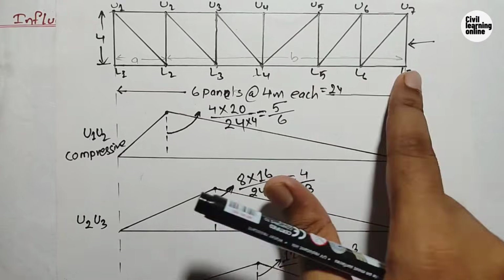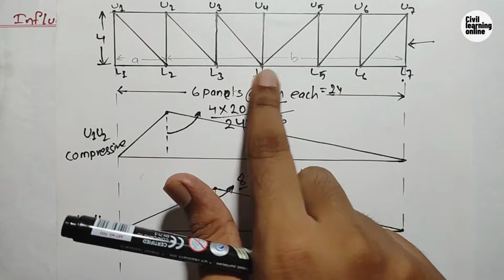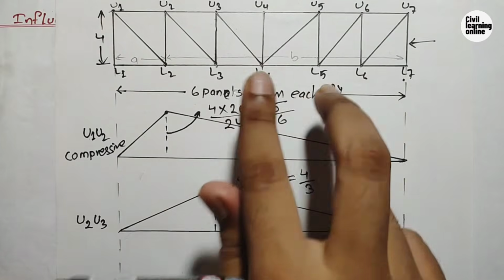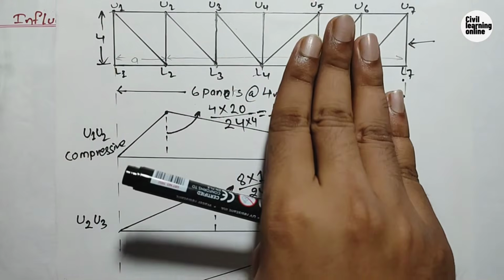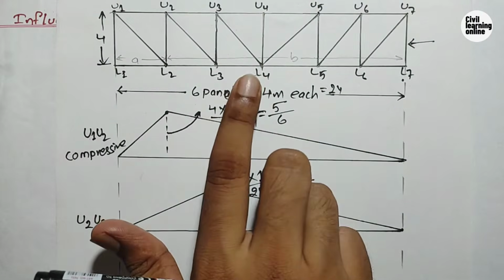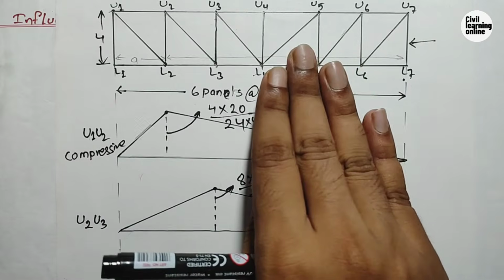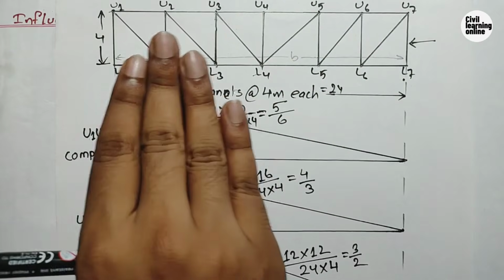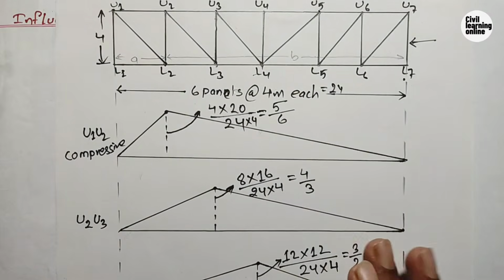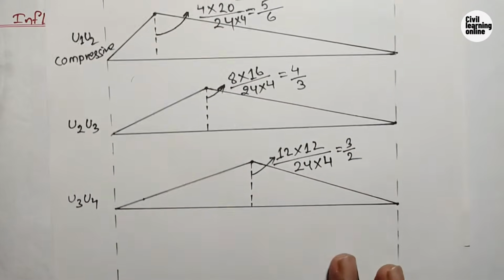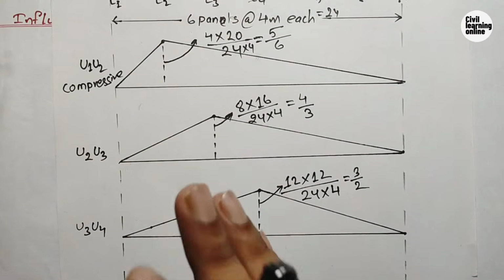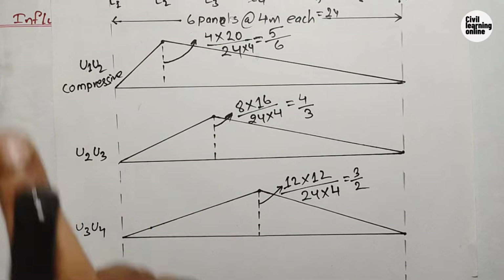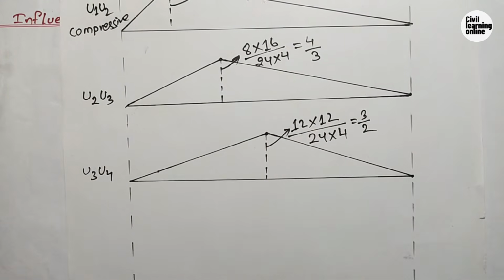And we do not need to draw the influence line diagram for L4 L5, L5 L6, L6 L7, because the reason is the same which I have discussed in the previous video, that the truss is symmetrical about the vertical member U4 L4. So the value of the influence line diagram for this member will be similar to this member, similar to this member. And so we need to first calculate the influence line diagram for L1 L2, and again the concept will be similar to how we draw the influence line diagram for the bending moment. So without any delay, let us draw a straight line and calculate the influence line diagram for the member L1